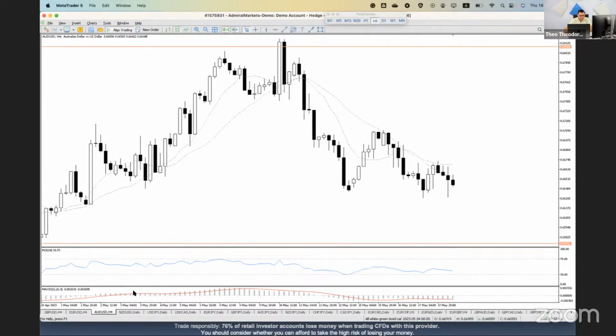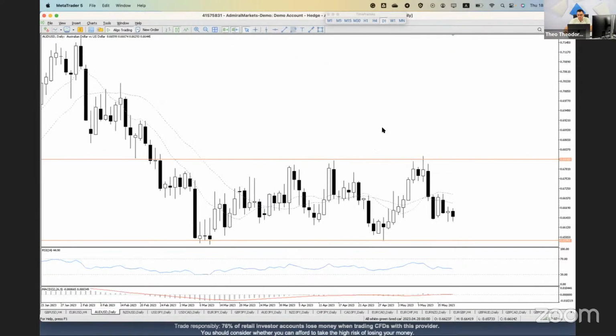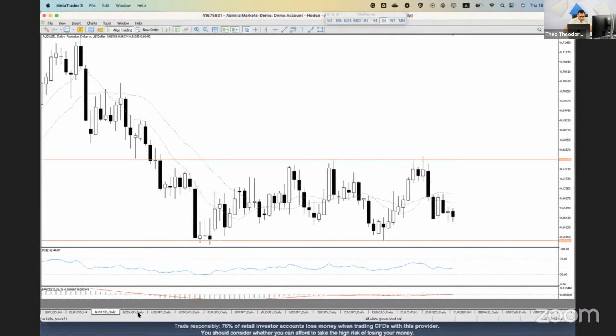So Australian dollar, US dollar, let's go to the daily chart. This weakness here, the price didn't just break below the support, but it's just moving a bit sideways. I'm not interested at all in this one. Kiwi,